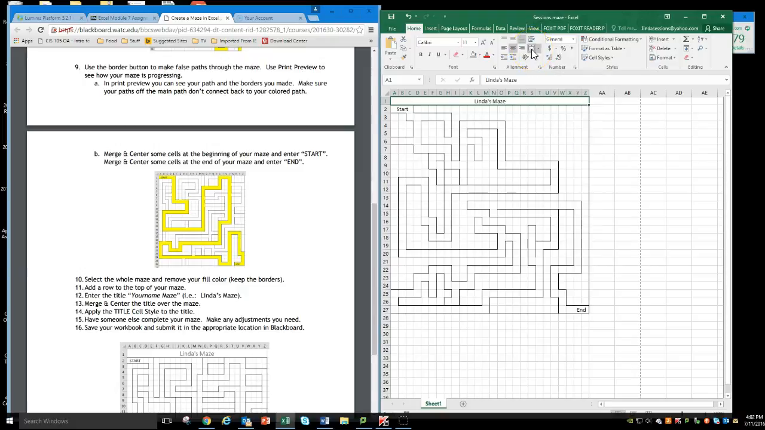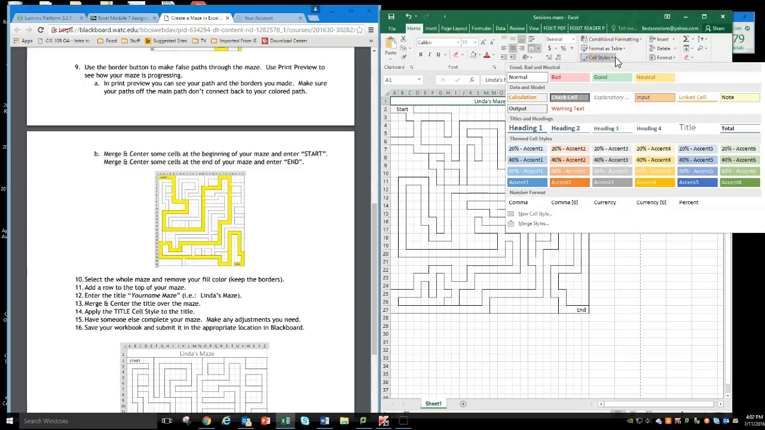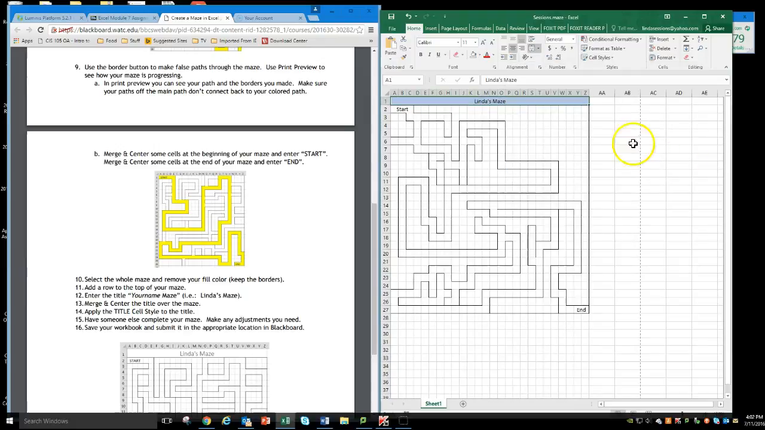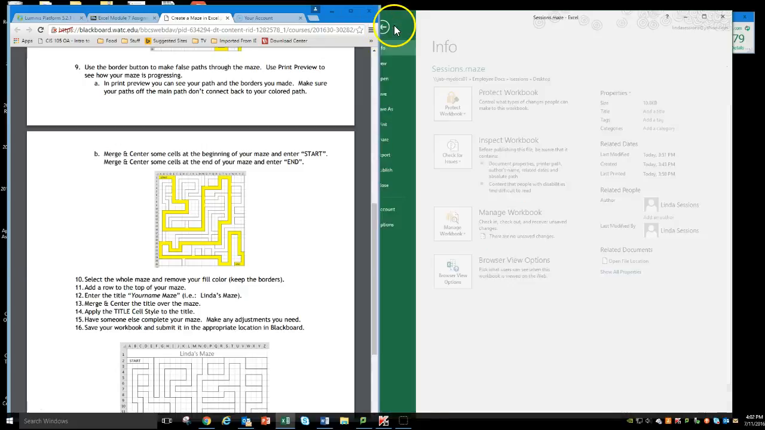And there's my maze. I want to add a cell style to this. I want it to look more interesting. So I'm going to come over here with my first row still selected, come over here into my home tab and click on cell styles, and just click on one of these just to kind of make it stand out. I don't care which one, just add a cell style to it. And you want to make sure you save it. And if you look at the print preview here,